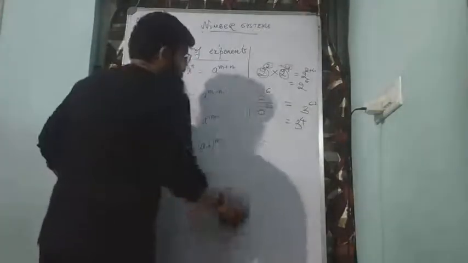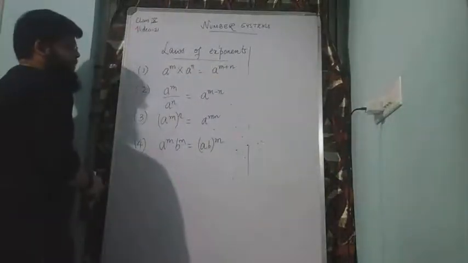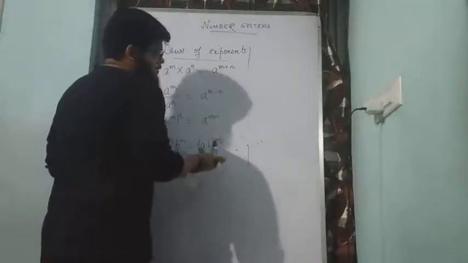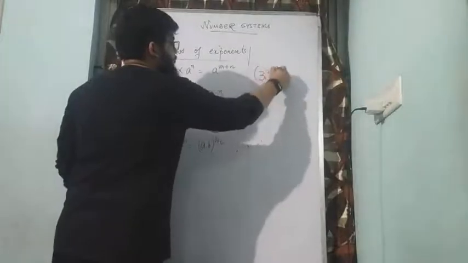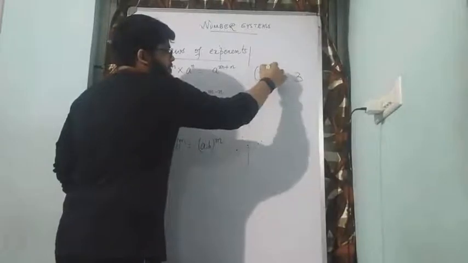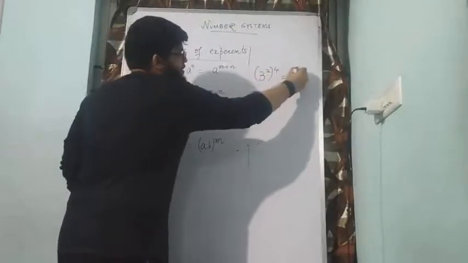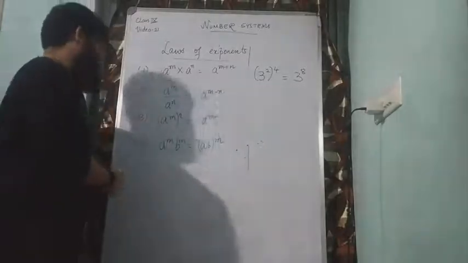Next, law number 3. a to the power of m whole power n is equal to a to the power of mn, or m into n. That means if I have 3 to the power of 2 whole to the power of 4, right? So I can write the base and I can multiply this power and this power. So 2 4s are 8. So this gives us 8. So that's an example for the third law. And fourth one,